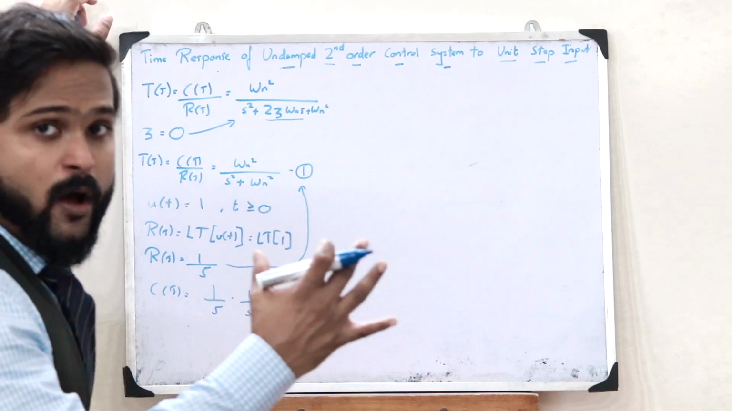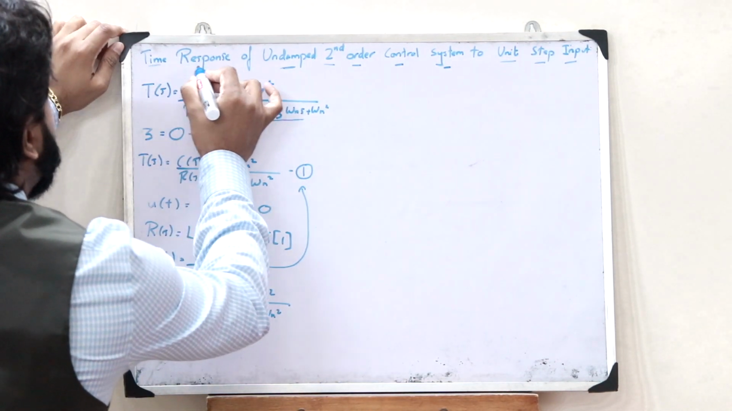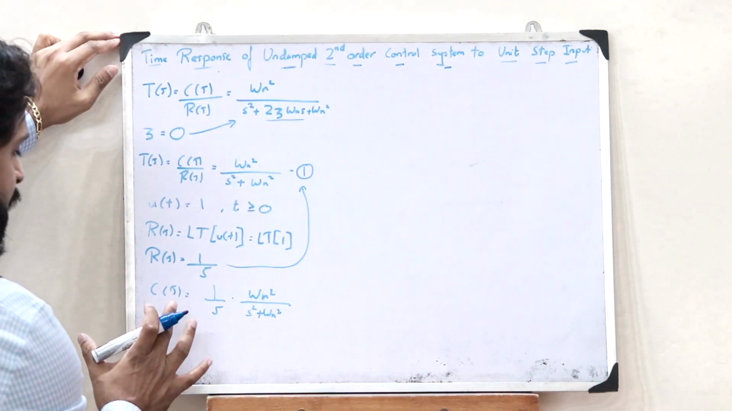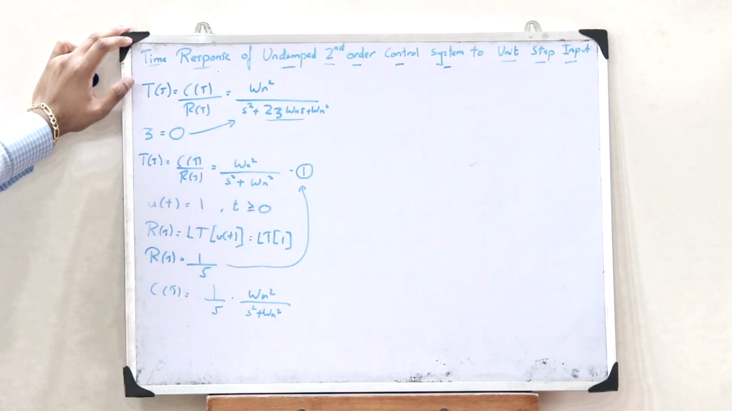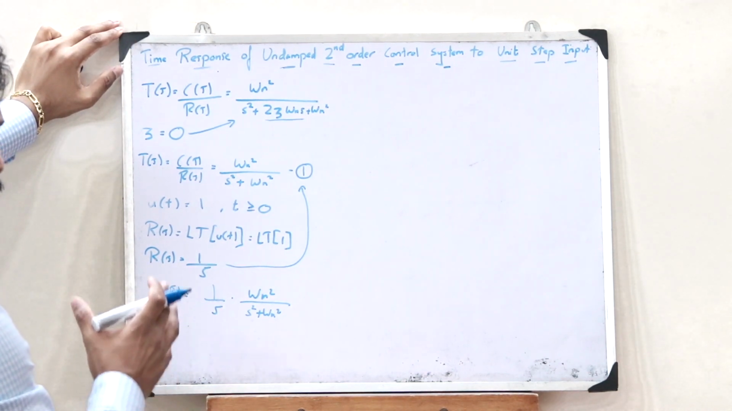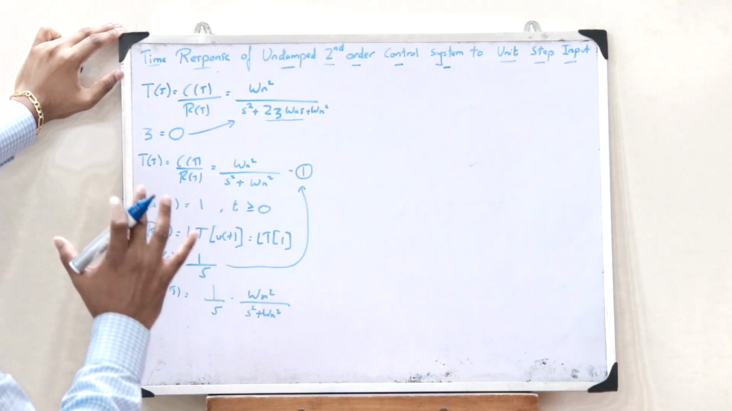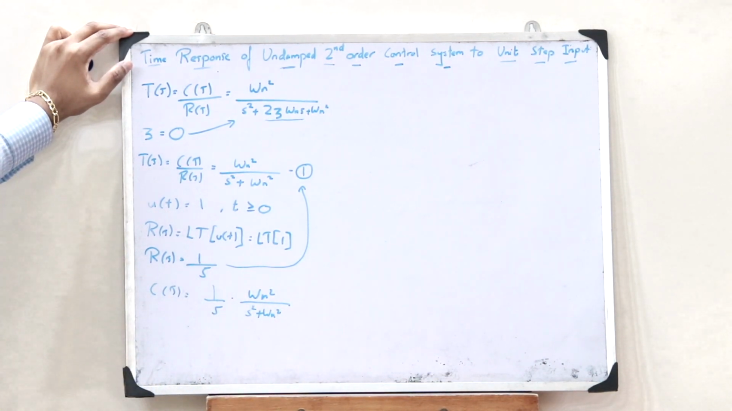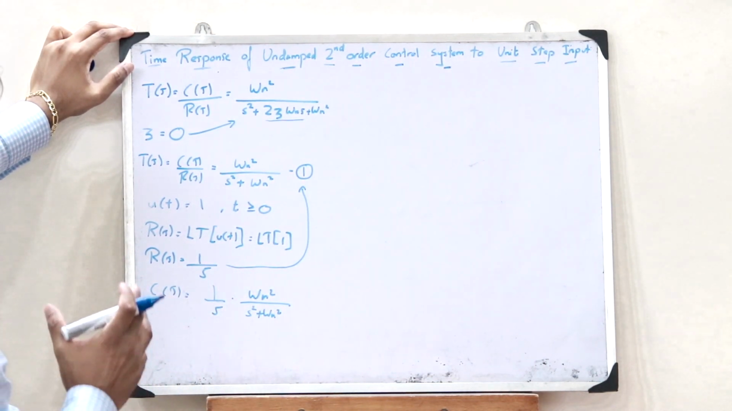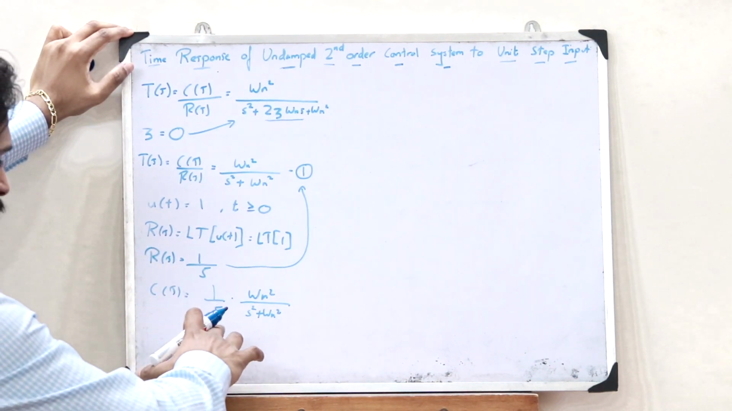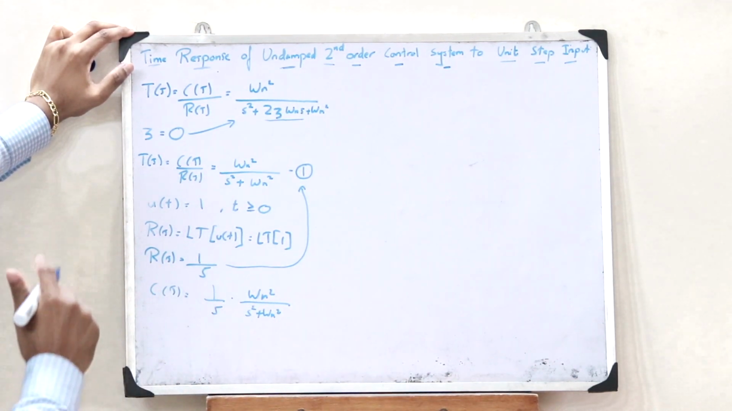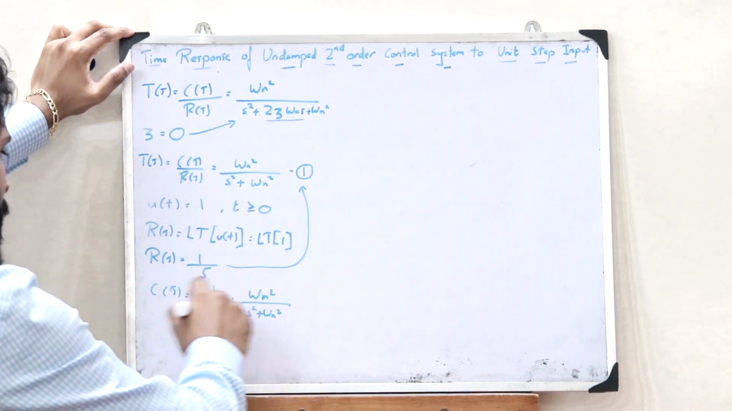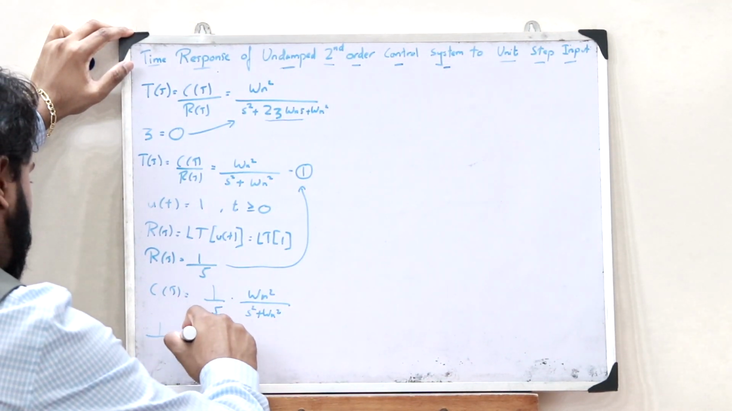So now in order to find the time response of this particular system, we have to now find the time domain value of this C(S). So therefore for that we have to now find the inverse Laplace transform of this particular value. So in order to find the inverse Laplace transform, here we have to split this into two partial fractions. So therefore here 1 by S into omega_n squared divided by S squared plus omega_n squared would become,